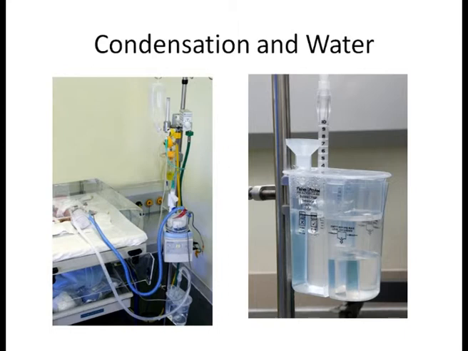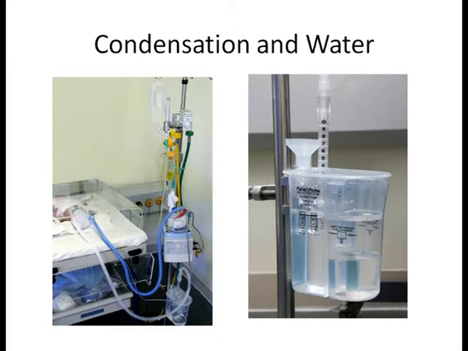Now, if there is no condensation in the expiratory limb, that means there is no heating of gases in the humidifier. If the humidifier is working well, then it should release the gases from its outlet at 37 degrees and 100% relative humidity. Since there is no heater wire in the expiratory limb, the gas is expected to fall to room temperature in the expiratory limb. When the gas temperature goes below 37 degrees in the expiratory limb, there is bound to be condensation in the expiratory limb, and this means the humidifier is working. But whenever there is no condensation in the expiratory limb, that means the humidifier or the chamber of the humidifier is not able to create a bubble bath or a water bath, and the gases are not warmed in the humidifier chamber.